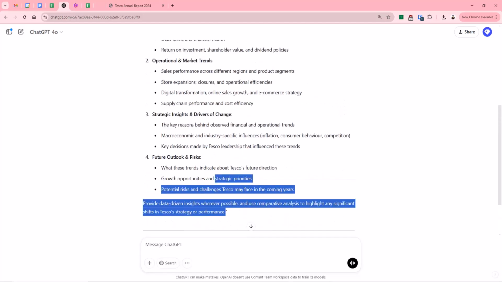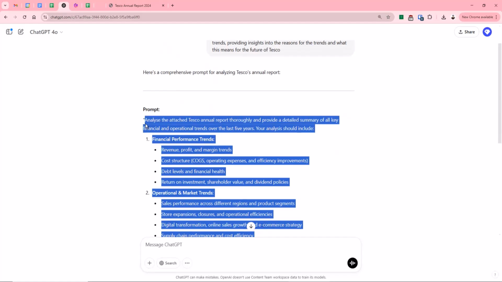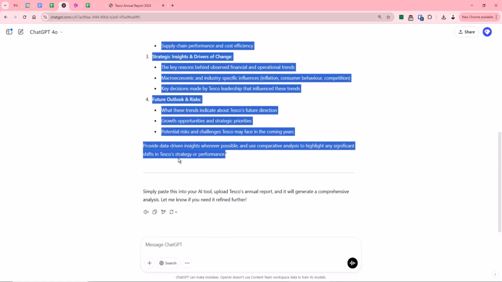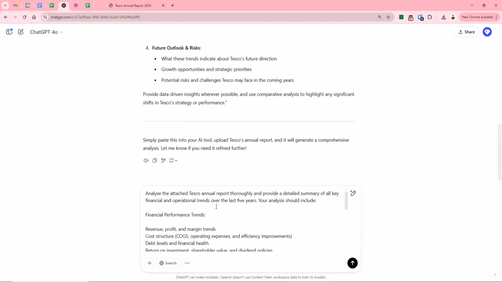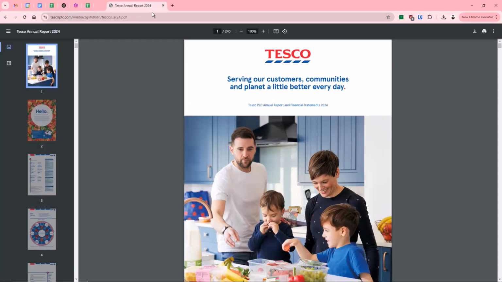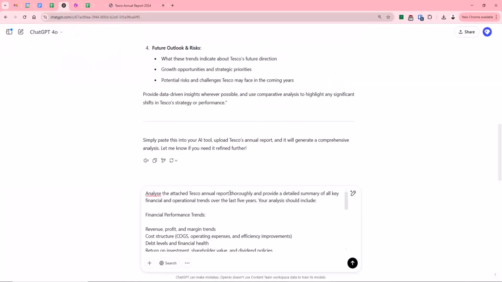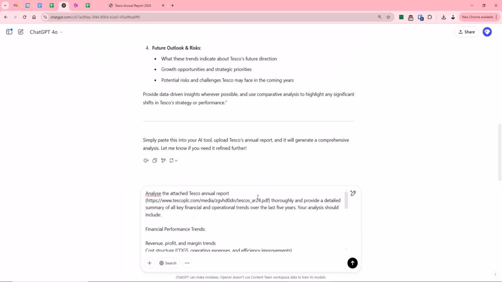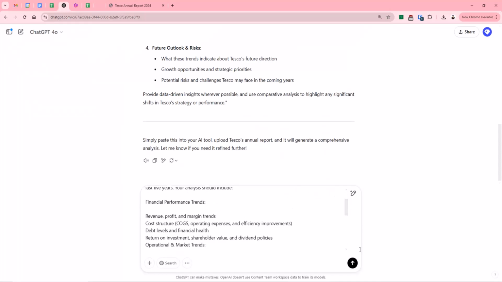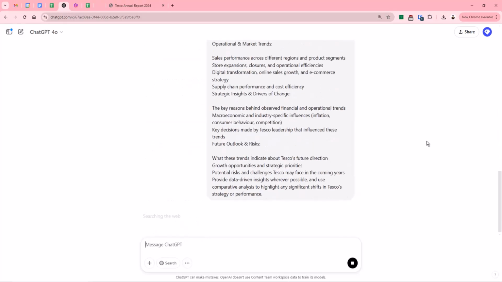So what we can now do is copy all of this, paste this into the box, go get the link for the report, just paste that in there and ask it to analyze all that information.